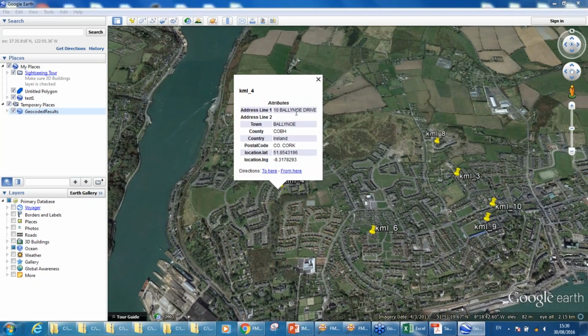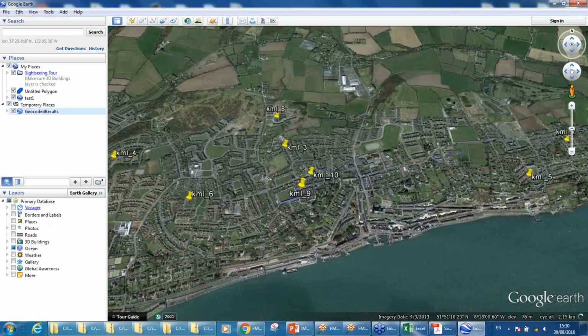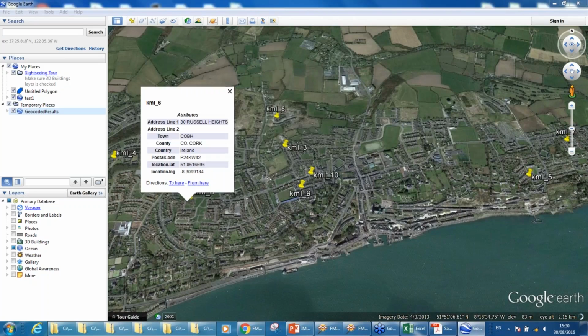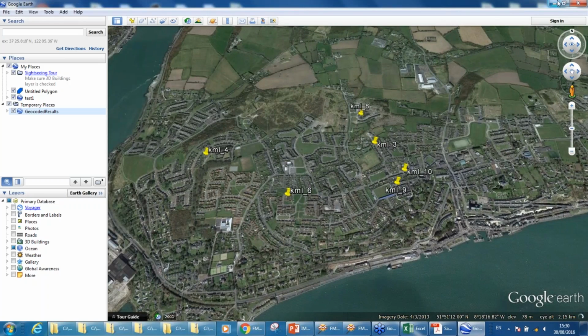that's the address that was given in the CSV. So there was address line 1 to a town, a county. It didn't have a postal code, it was just County Cork. But the lat and the long was created within the Geo Coder in FME, and then you've got your output data. So it's a nice little one to play around with as well